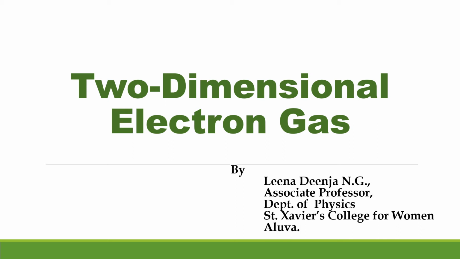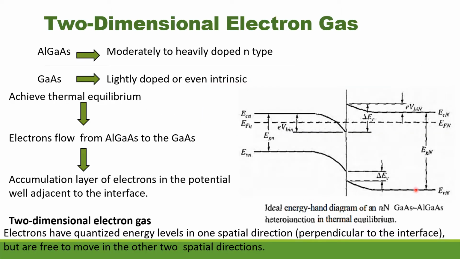Hi everyone. Through this class, we are going to study two-dimensional electron gas. The figure shows the ideal energy band diagram of an n-type gallium arsenide, aluminum gallium arsenide heterojunction in thermal